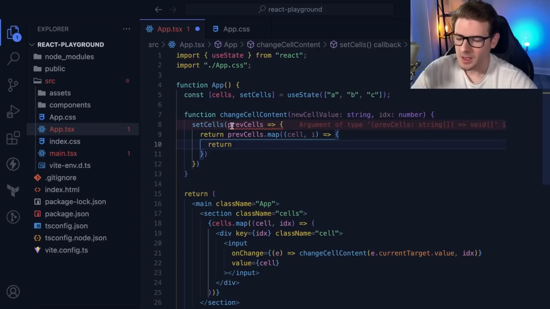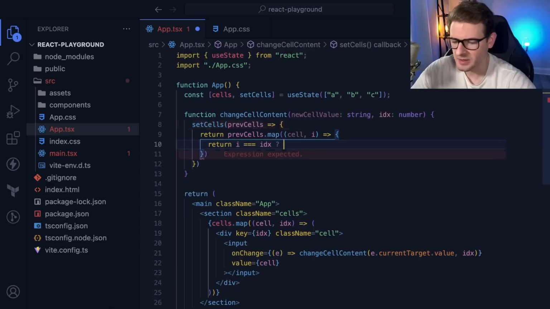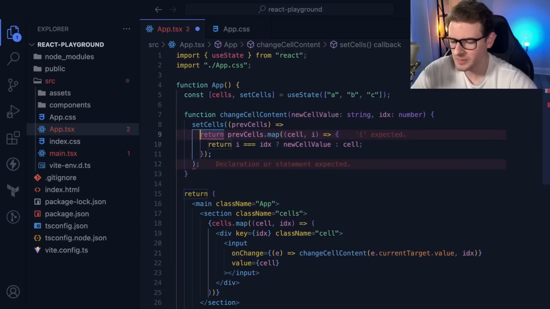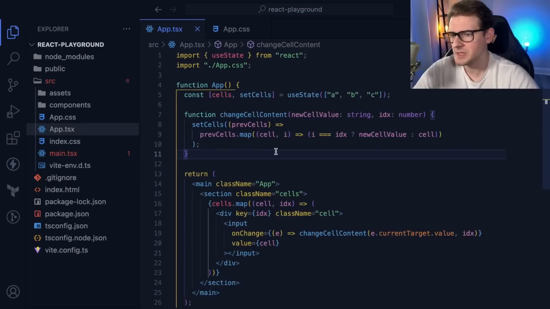But okay. You call set cells, you pass it the callback function so you can modify the previous array. And then for the previous array, you map over it. For every cell, you get the index. And then I'm going to say if the i is equal to index, then I'm going to say new cell value. Otherwise, I'll just say cell. And so I'm going to clean up some of this code to make it a little bit easier to read, in my opinion. There. Don't know if that's easier to read, but it's less code. So